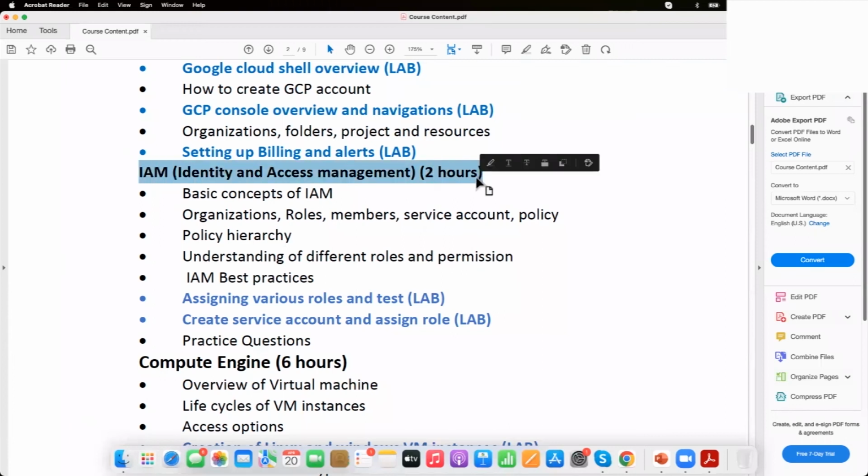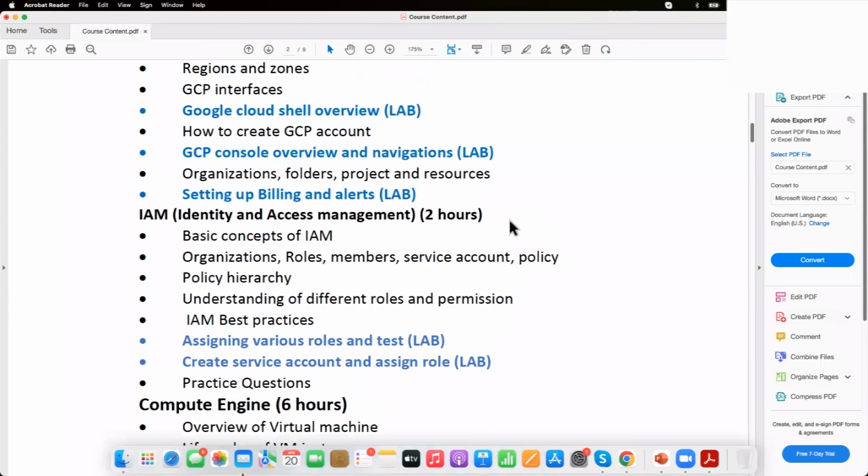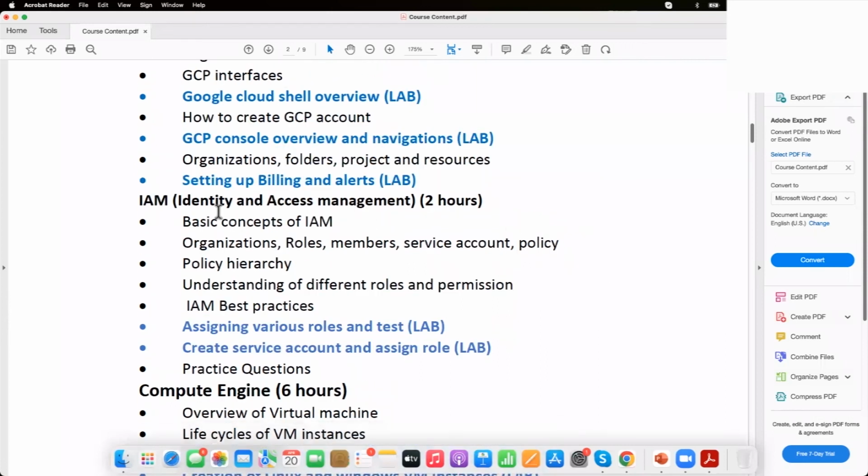Okay, from an exam point of view, how much percentage should we expect from these two chapters? So we can have some idea, and put more stress where there are more questions. IAM is a very important topic, everybody knows that. So how many questions can we expect in the exam?